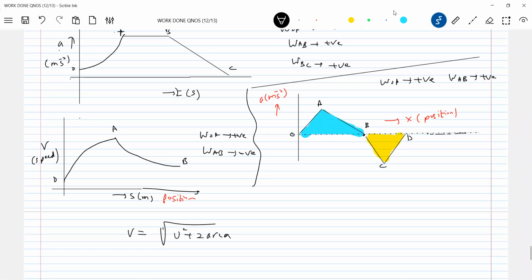If you look at the overall motion, it will happen like this: VB greater than VA greater than VO. VC less than VB. Again, VD will be less than VC. So for the yellow color region, the object will undergo retardation. For the blue color region, it will undergo acceleration, so speed increases. So work done for the path BC should be negative. Work done for the path CD will be negative. Retardation means speed decreases, that's all.